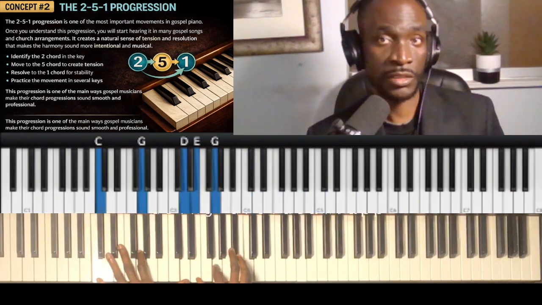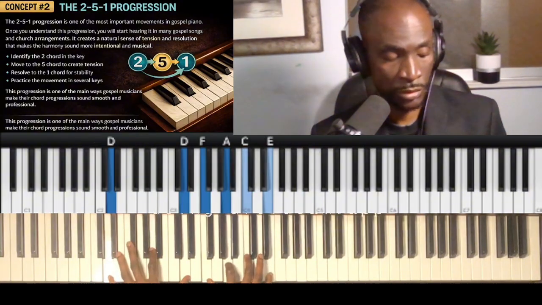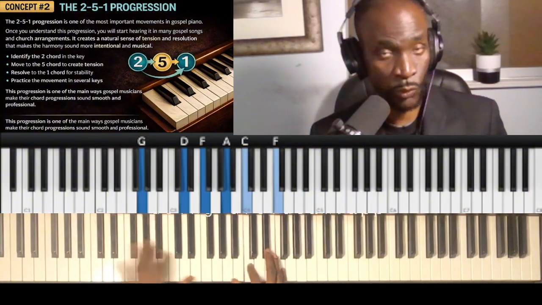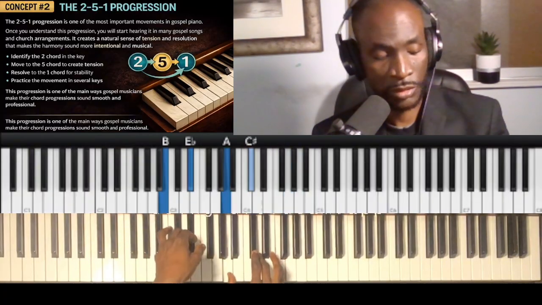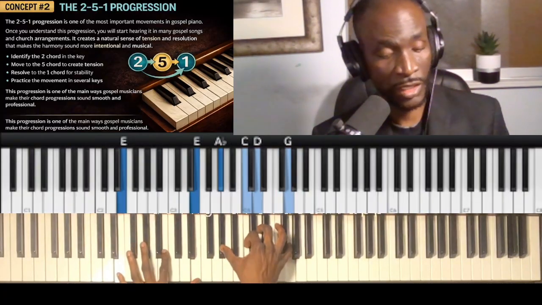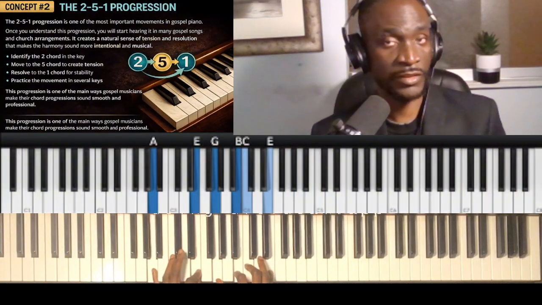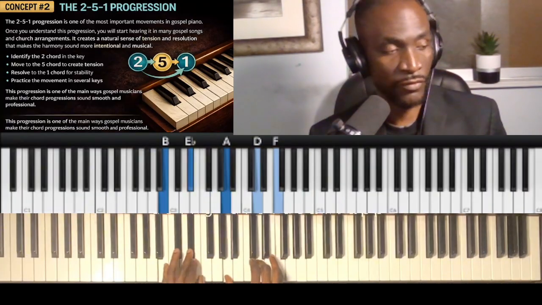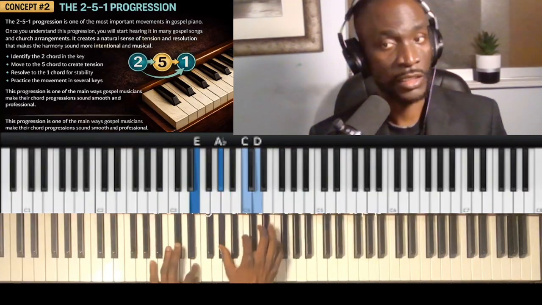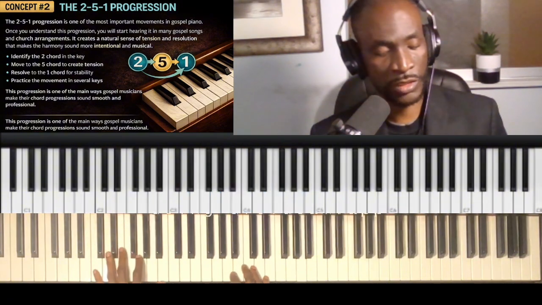So what you need to do is to identify the 2, the 5, and the 1 if it is a major key, and if it's a minor key, the 2, the 5, and the 1, which in fact is a 7-3-6 in the major key, but a 2-5-1 in the minor key. Even when you start the song, for example,